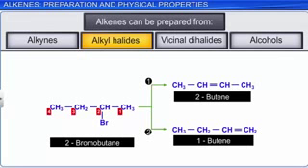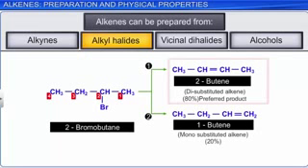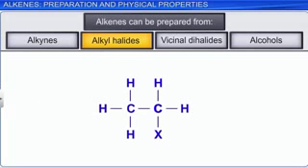Saytzeff's rule states that elimination would predominantly proceed to the formation of olefin in which the double bond is highly substituted. In other words, the hydrogen atom will be removed from the carbon atom possessing lesser number of hydrogens. The rate of reaction depends on the nature of alkyl group and the halogen respectively.